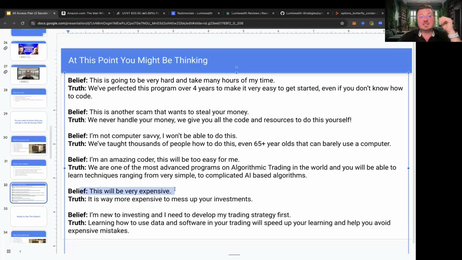Another belief you might have is that this is going to be expensive. Like I said, we recently changed the way that we operate as a company. We do a subscription plan now. So it's actually quite cheap. If you think about how expensive it is to mess up your investments, right? How expensive was it the last time you blew up your portfolio? I don't know about you. When I was a kid, I lost $30,000 because I was being an idiot trading, and I didn't know what I was doing, right? I wish back then I came across a program like this that said, oh, maybe we can do it in a better way. Let's avoid those mistakes, right?